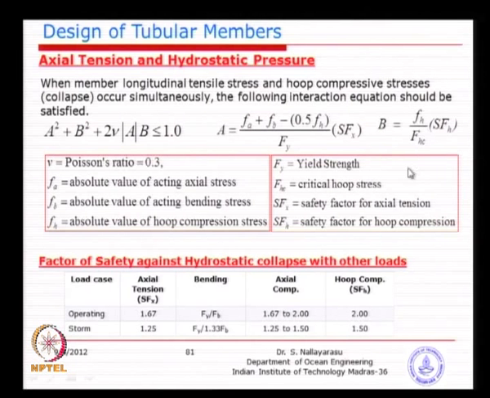In any case, we need to make sure this is also checked separately: the direct proportion of applied hoop stress divided by critical buckling stress must produce a factor of safety of minimum 2. That is the most important; this factor of 2 must be achieved independent of the interaction. The interaction is a combined effect, of course, but if you can satisfy this, probably you will get the interaction also automatically.